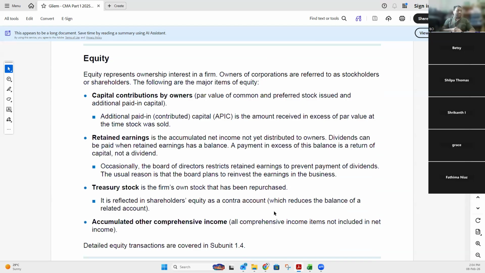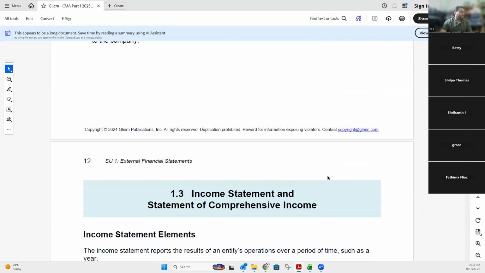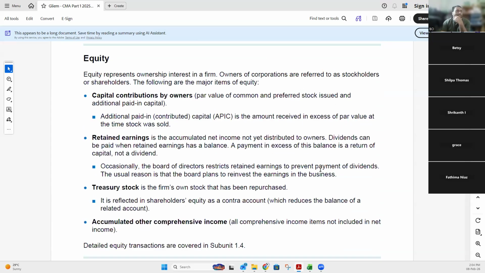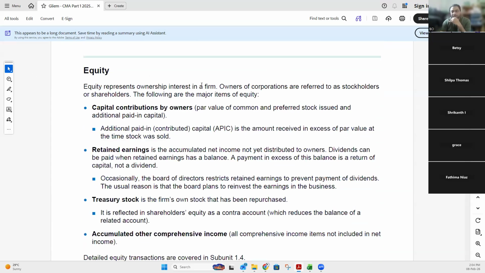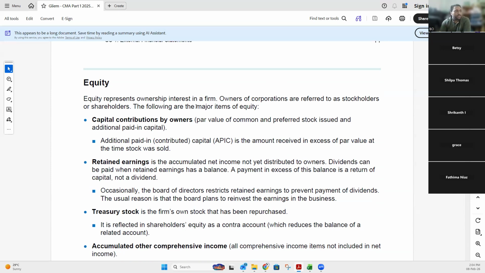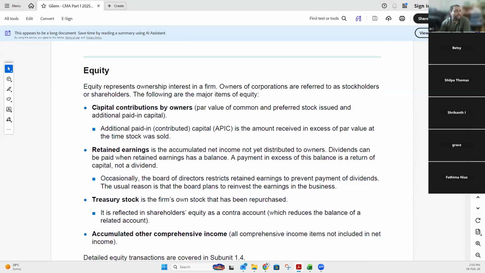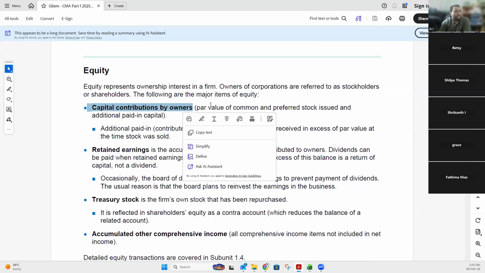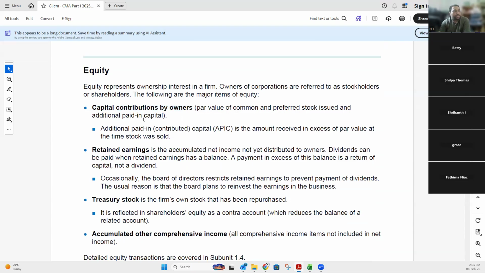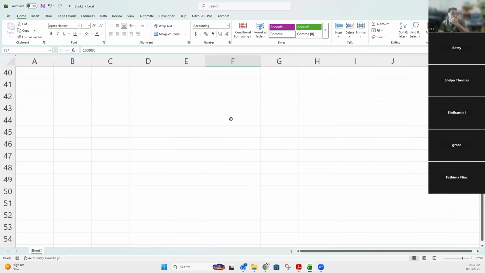Now comes equity. So equity represents ownership interest in a firm. Owners of corporations are referred to as stockholders or shareholders. The following are the major types of equity. One is capital contribution by owners: par value of the common and preferred stock issued, and the additional paid-in capital. So when you purchase any share from the market or from the company, you might be paying $50 for the share, but when they account for it, it is recorded as par value